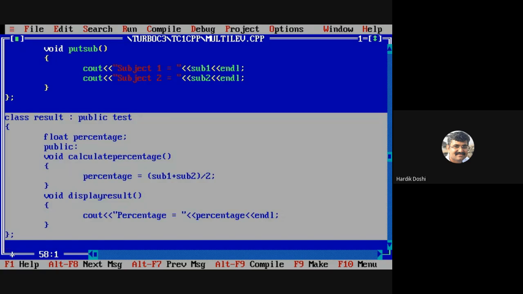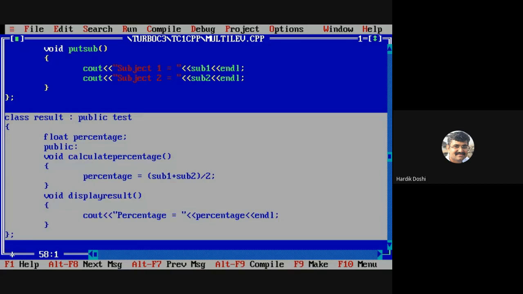Get sub, put sub. All in public. That means, can I say they all four will be lying with these two functions? See, this is multi-level. Any doubt in this now?